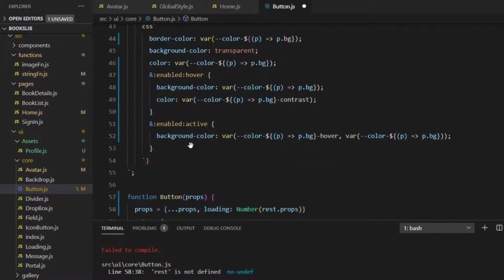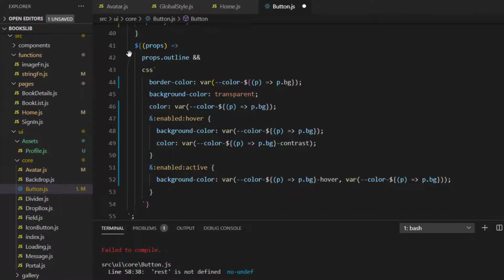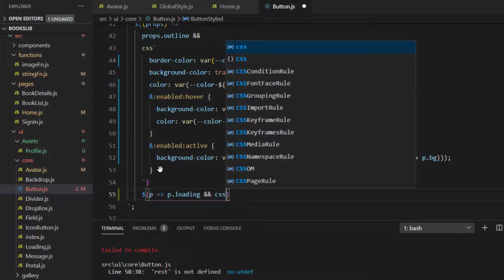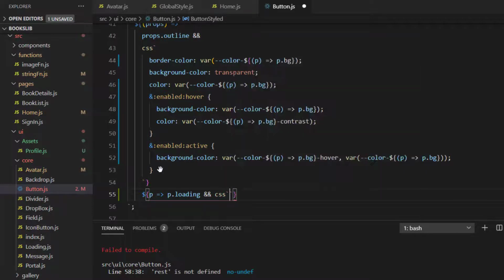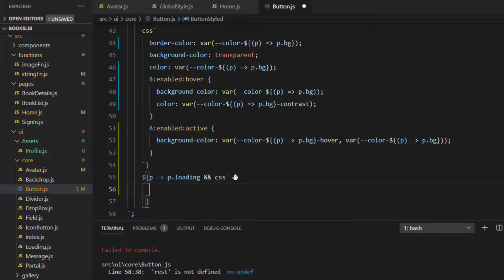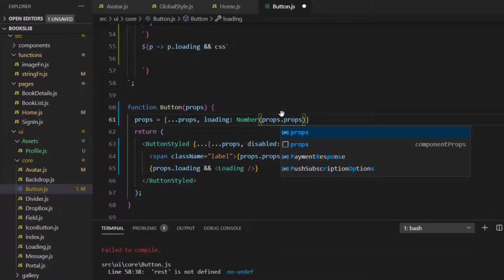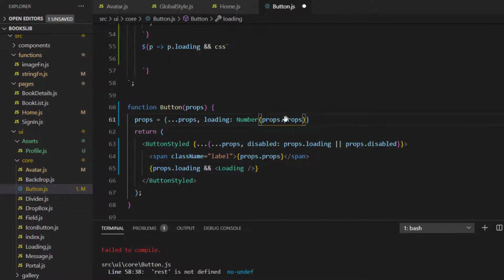So now let's add the styles for the loading. Similar to what I'm doing here, where I'm checking for the outline, now I will check for the loading. So in case loading is true, I will add a CSS. Now, for the loading, it needs to be, of course, props, then maybe the